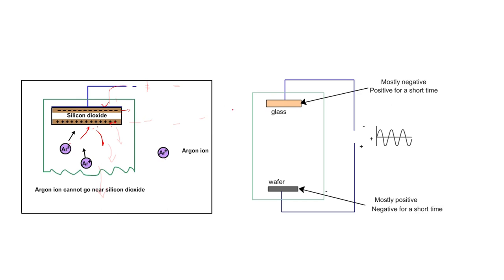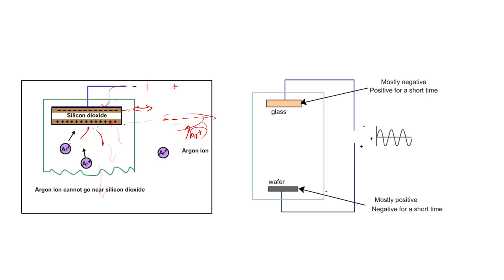But if we have RF sputtering, the voltage will be alternating. So at one point it will be negative, and at another point this will be at positive voltage. So when this is at positive voltage, at this side the charges will be negative. So at that point the argon ions will get attracted towards the silicon dioxide target, and then it will sputter, and silicon dioxide atoms will come out. Then in the next phase the polarity will change from positive to negative, right? So when it becomes negative,